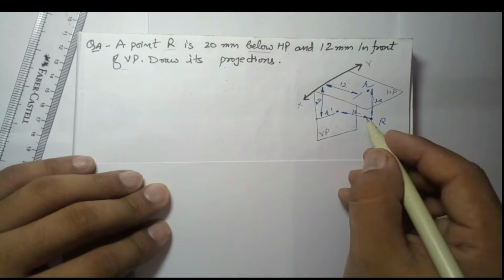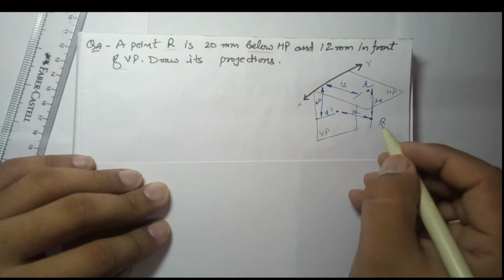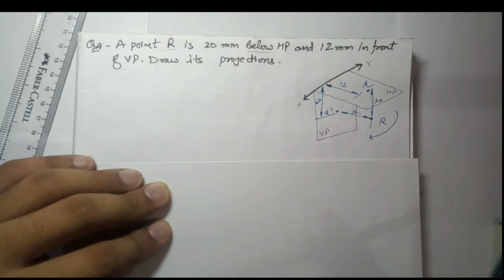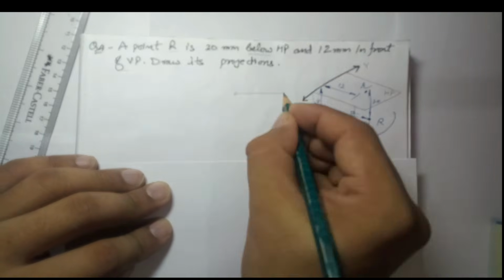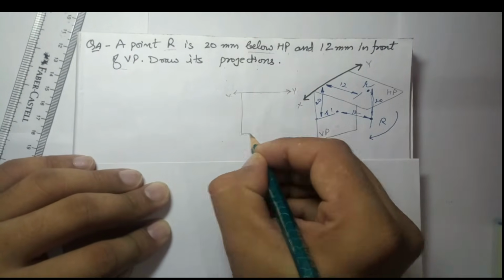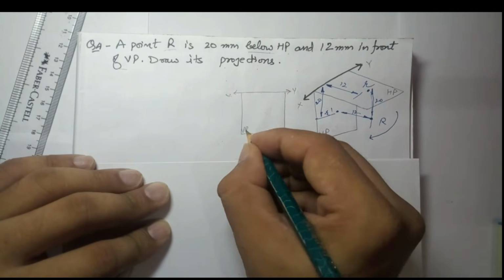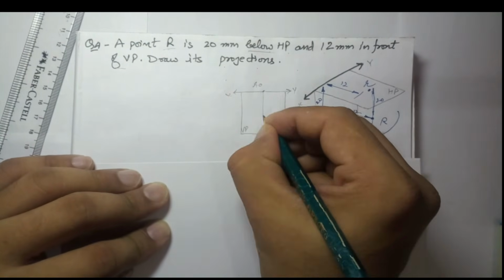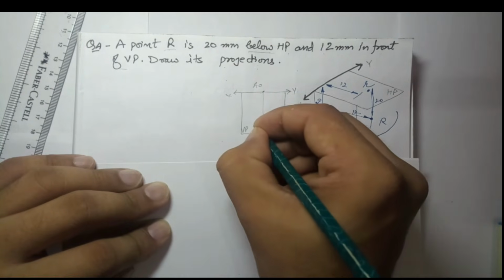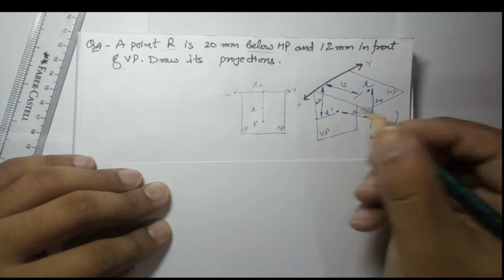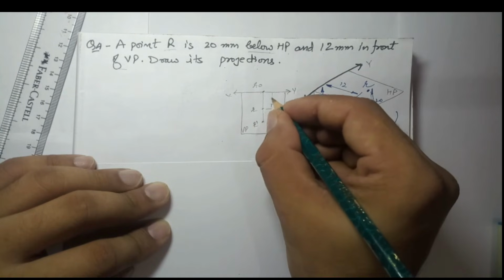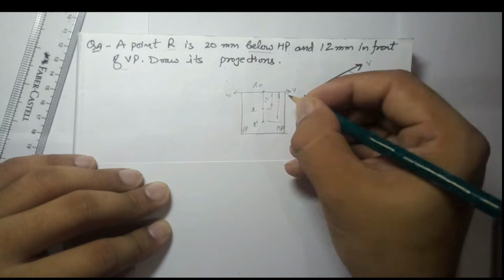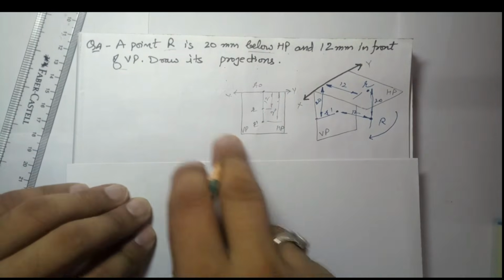Now this is the 3D solution. Then we have to convert this 3D into 2D. I have told you, rotate HP 90 degrees clockwise. What will happen? Both the planes will come down, so VP and HP overlap. So what will be the view in that case? Here are the VP and HP both below. So this is the point R0. Here on the same line, R will be 12 mm below XY and R dash will be 20 mm below XY. So we have to draw this, no need to draw the plane.